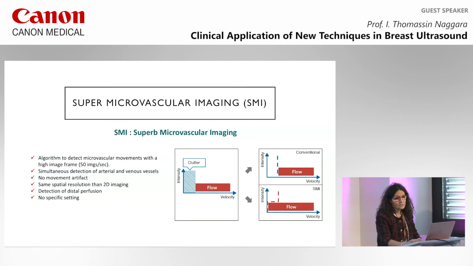So the second technique I will discuss with you is super microvascular imaging, which is a new algorithm to detect microvascular movement with a high frame rate. You will have a simultaneous detection of arterial and venous vessels. There's no movement artifact. It's the same spatial resolution as 2D imaging. And you will be able to detect distal perfusion, and you don't need any specific settings, so it's very easy